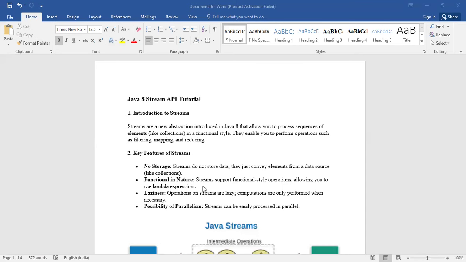Functional in nature: it supports functional programming with the help of lambda expressions. Another, third, thing is laziness. Laziness means the stream operations are lazy.